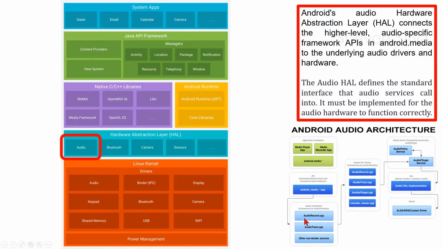In the native framework, you can see AudioRecorder.cpp, AudioTrack.cpp, and other non-binder sources. In binder IPC proxies, you can see IAudioRecorder.cpp, IAudioTrack.cpp, IAudioFlinger.cpp, and other I-binder-named cpp class files. In media server, you can see this and